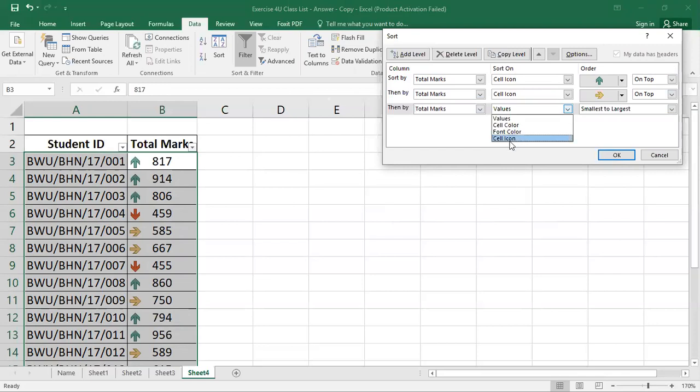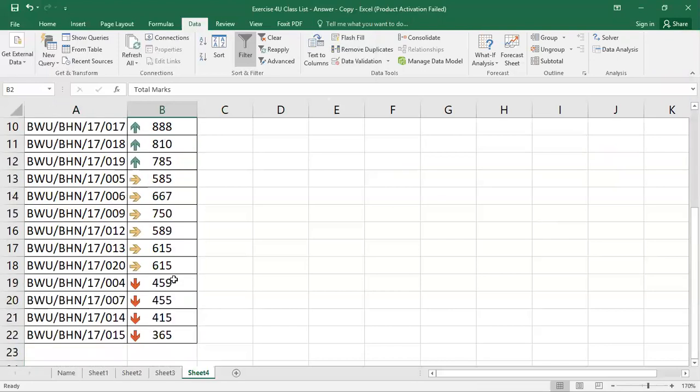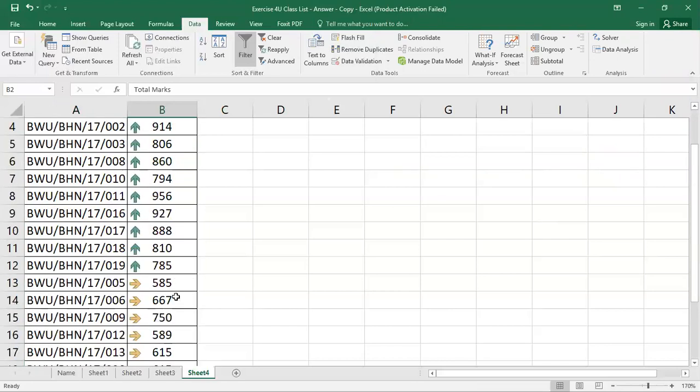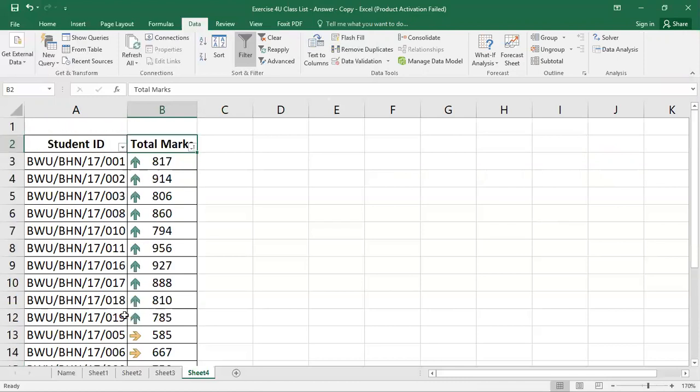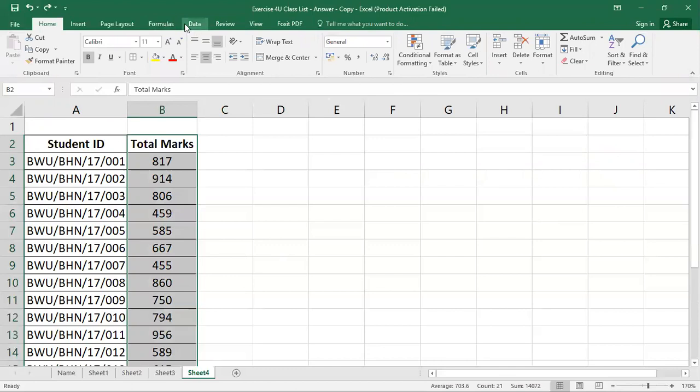This is the cell icon, and here it is the red arrow. Look here, these are the sorts in which manner we can find this particular thing. So this is an example of different types of conditional formatting options, as well as different types of sorting options.